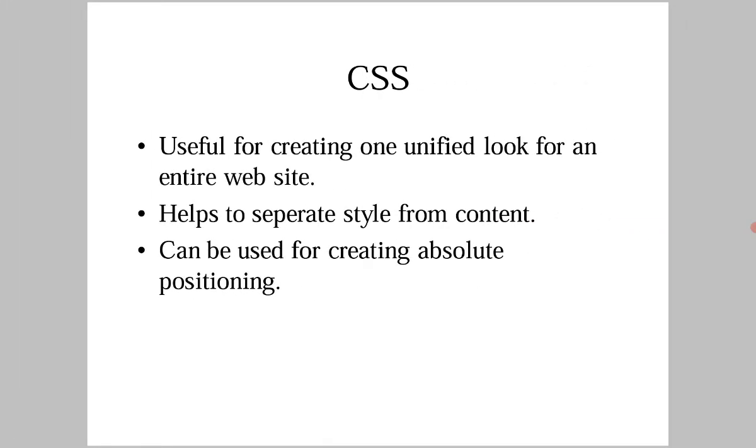So CSS means cascading style sheets, also simply called style sheets. So what is a style sheet? They are useful for creating one unified look for an entire website, help to separate style from content, and can be used for creating absolute positioning. So style sheets or CSS, cascading style sheets, are part of